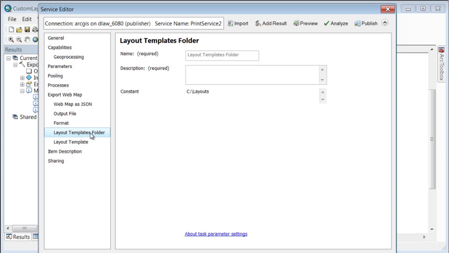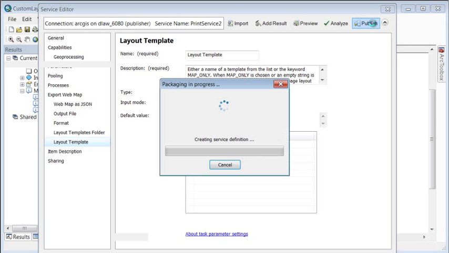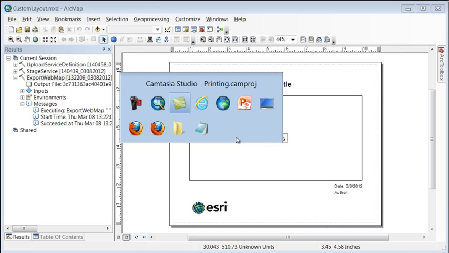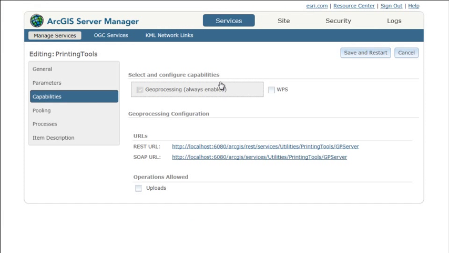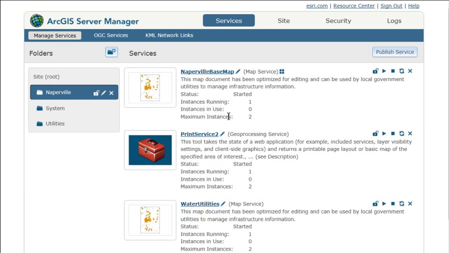Under Layout Templates folder, this shows the C Layouts folder that I specified earlier. And finally, under Layout Template, this lists all the map documents that are in the C Layouts folder, each with their own unique map layout. Now, we can publish the service. And the service was successfully published. We'll click OK, and now we'll navigate back to ArcGIS Server Manager. I'll go back to my Manage Services section. I'll go to my Naperville folder, and you can now see we have Print Service 2 as a geoprocessing service